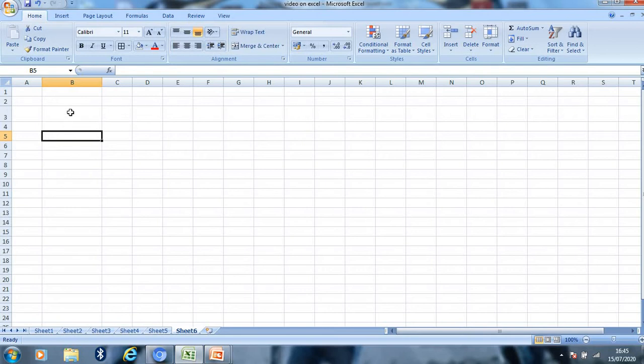For example, I have clicked on the cell B3 and then I can type any value here, like name. Now I am in the cell C3, like class. So I can just enter the value, and the value can be text or a number. You can also enter any number. For example, if I have a serial number here, then I can enter the value like this.